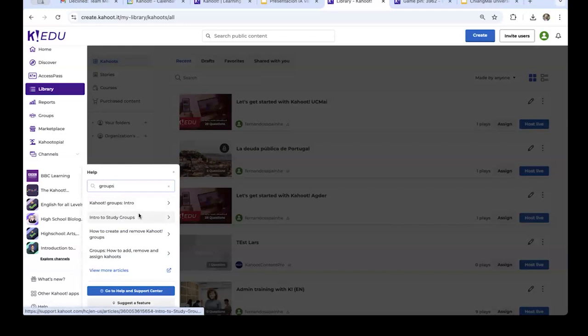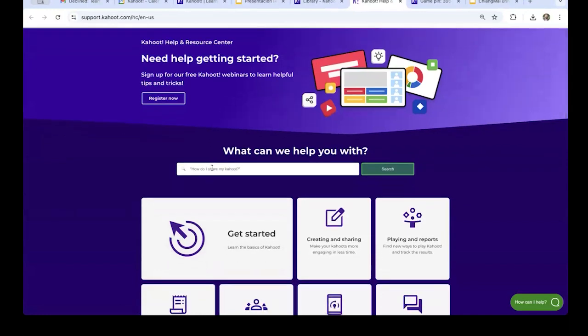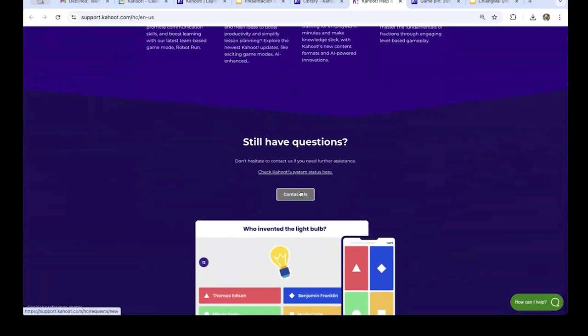In case you have, let's say, an issue or you want to raise a ticket or a case to our technical support team, you have to click on Go to Help and Support Center. And once you are here, of course, you will get access to all the articles I was mentioning before in this search bar. But at the same time, here we have Contact Us. If we click here, a form will open and we provide an answer in 48 to 72 working hours. So this is, let's say, the easiest way to get a solution and an answer